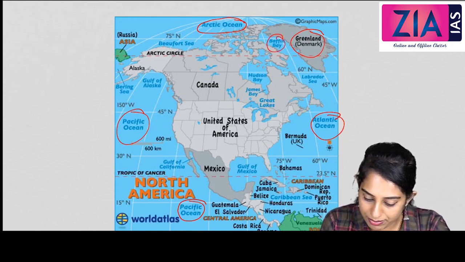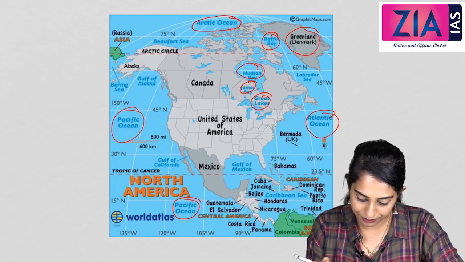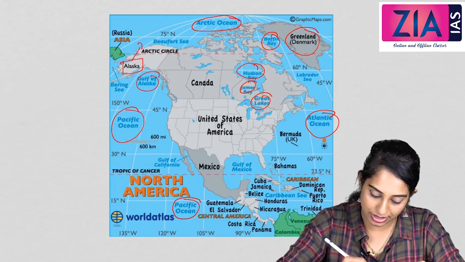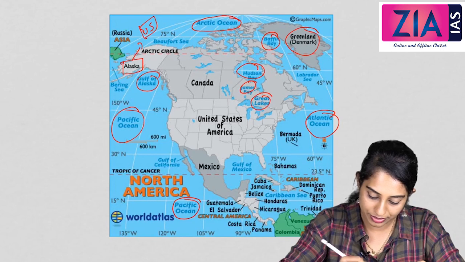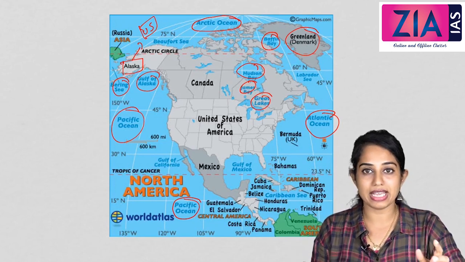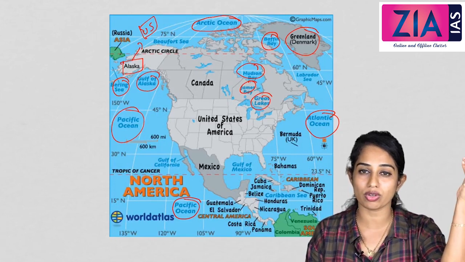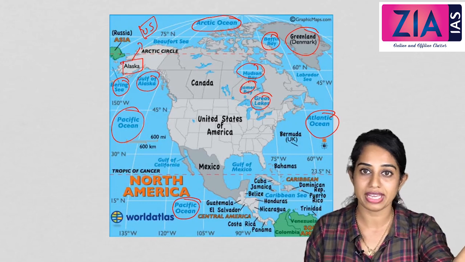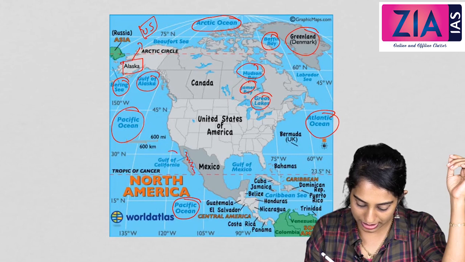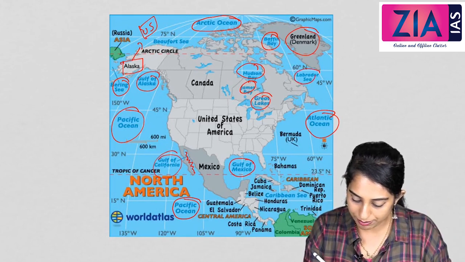We can look at Baffin Bay here, Hudson Bay, James Bay, Great Lakes, and Gulf of Alaska. Because of the Alaska area here, Alaska is under the jurisdiction of the US. And we have Bering Sea here. So Bering Sea and Bering Strait is almost towards the western tip of the American continent. After that you can start counting for Asia. Then we have Gulf of California. This area is Gulf of California. We have Gulf of Mexico and Labrador Sea.